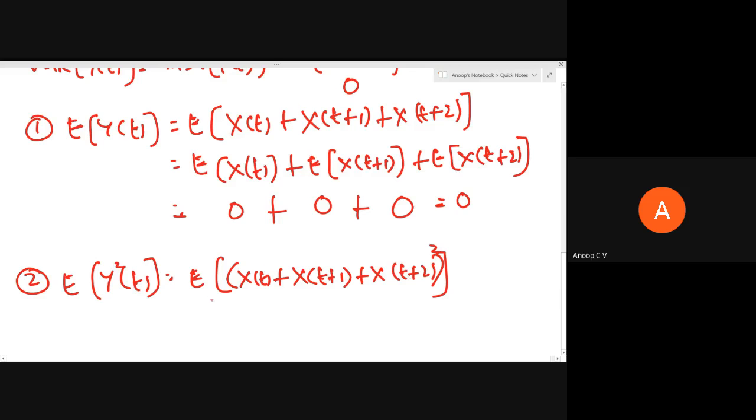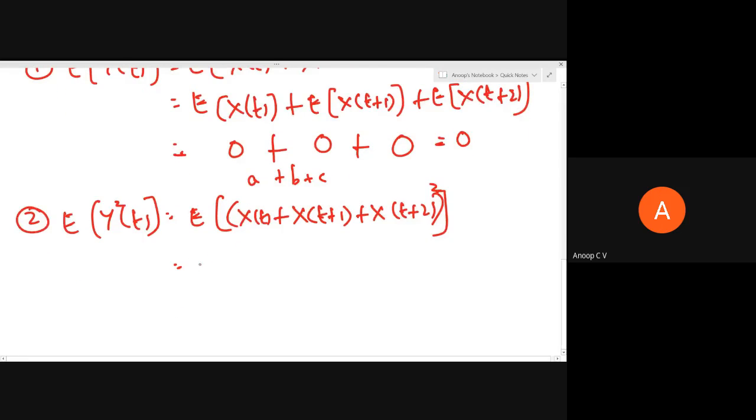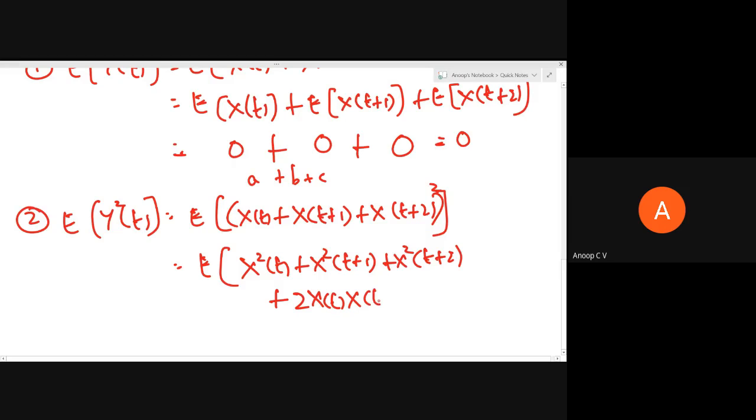You can expand it as a plus b plus c the whole square. So it will become e of x square of t plus x square of t plus 1 plus x square of t plus 2 plus 2ab plus 2bc plus 2ca. So it will be 2 times x of t times x of t plus 1 plus 2 times x of t plus 1 into x of t plus 2 plus 2 times x of